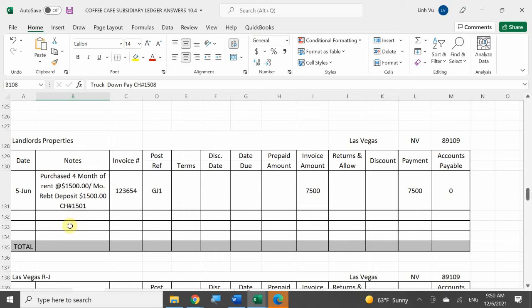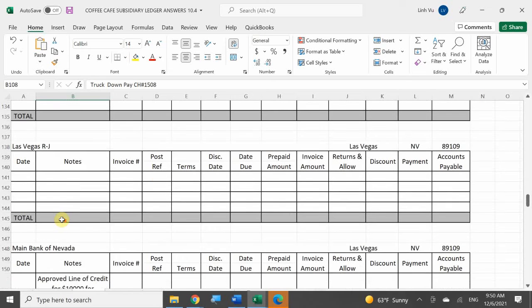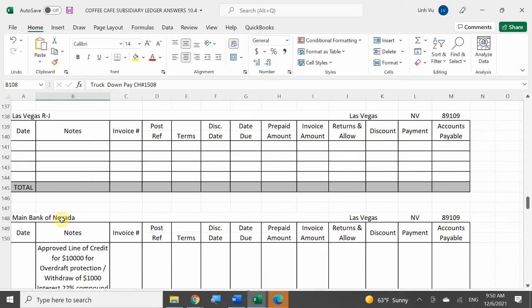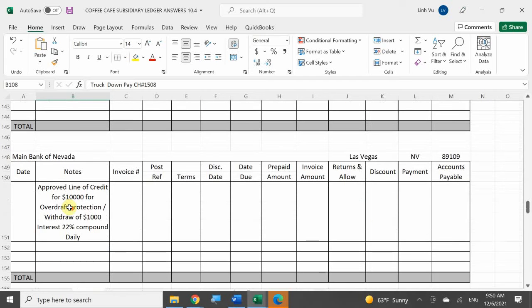So now I need to go find main bank, because now I have a loan with them. Here you go, main bank. So here, I've indicated that this is my main bank account, right? If anything happens to my checking account, I'm going to get charged. Now, the second line here, I'm going to make a note here that I got a